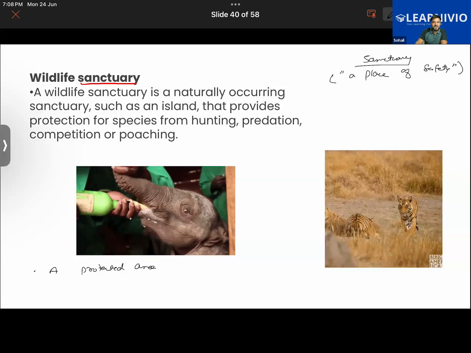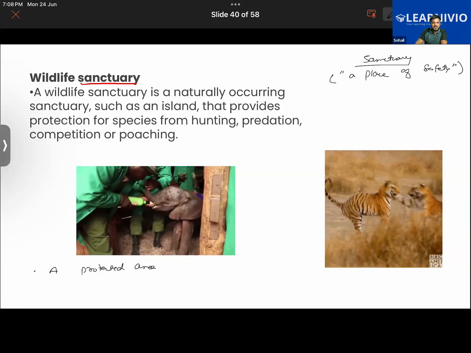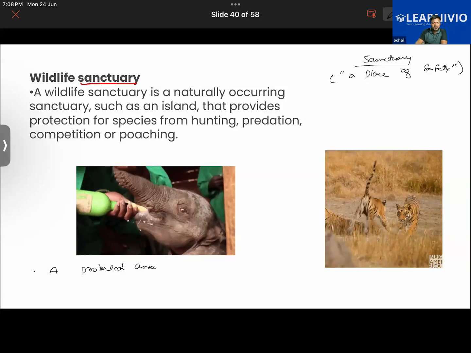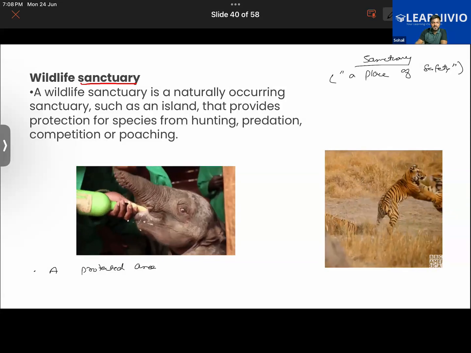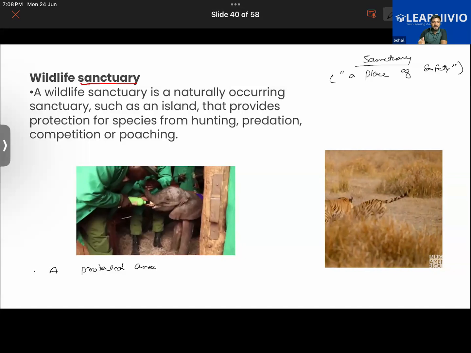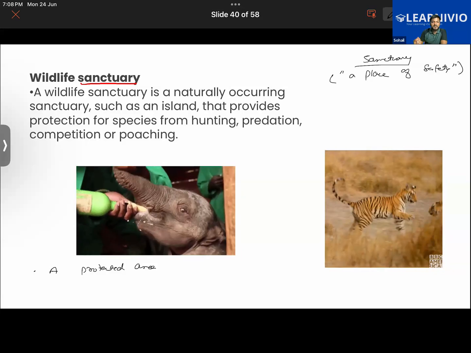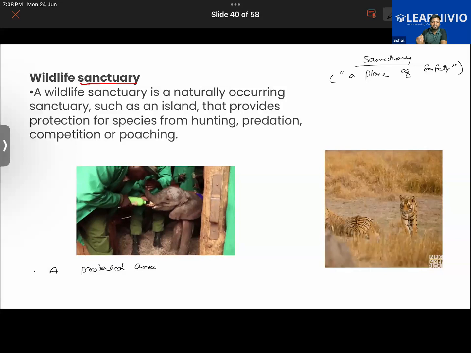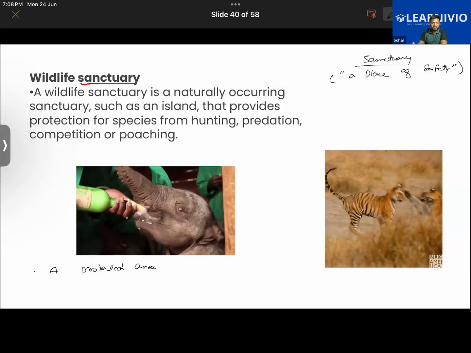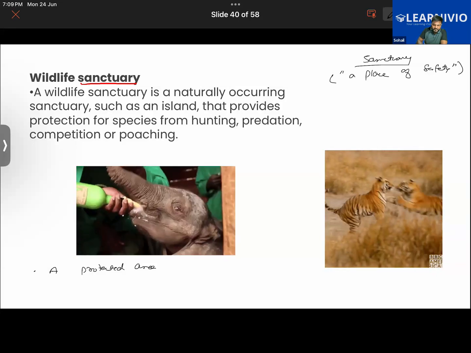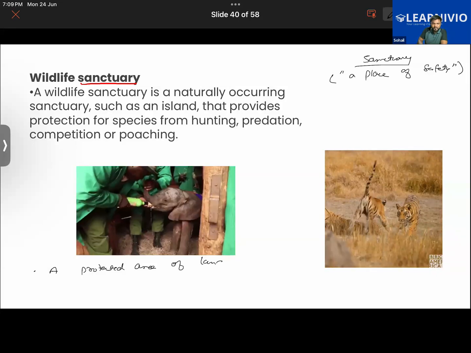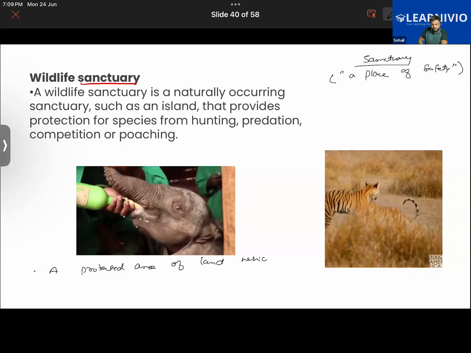If some animals are sick or injured, they would be taken care of. Or if there's a newborn cub or newborn elephant, they would be properly fed. Particularly the endangered animals are taken care of. Getting it or not? So a protected area of land which is